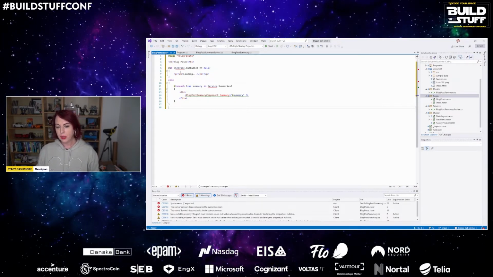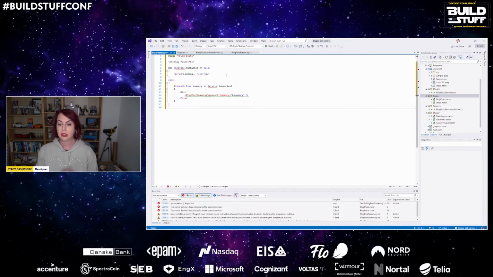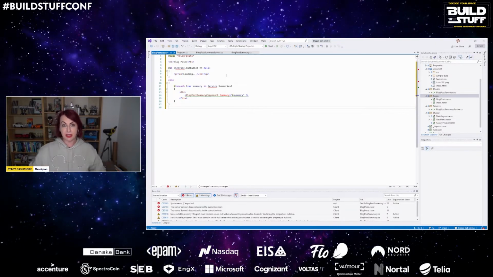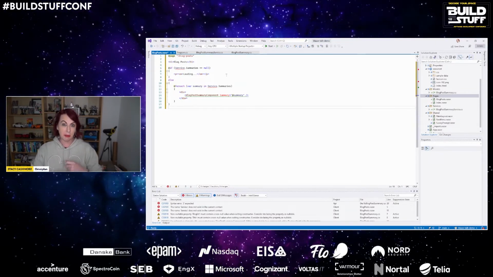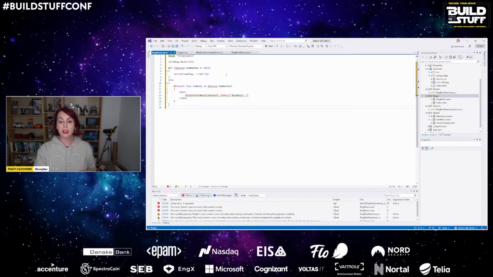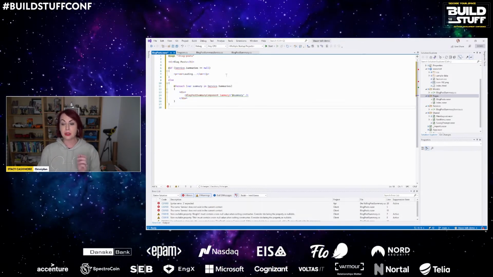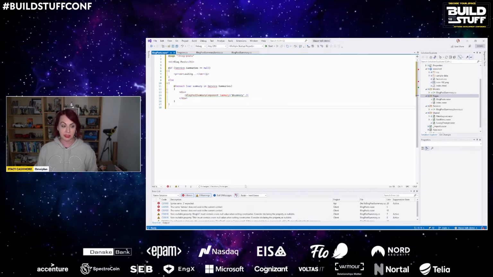We have a link to a service. Ignore the squiggly lines. We're going to fix those in a second. And we're going to say, if we don't have any summaries, if they're null, then display a boring loading sign. We'll make it pretty in the future. And otherwise, put every single summary that we have on the page using that blog post summary component.